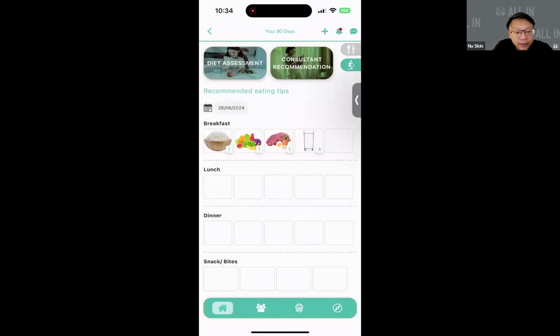Okay, you realize the last icon has disappeared, right? So this is at a glance for your consultant or for yourself to have a quick look at what you have eaten for the day. Very easily at a glance, you know at which meal you have taken in your trim shake. It's more for your consultant where they are looking at your profile if you do share the permission. Later we'll go about the privacy setting on that.